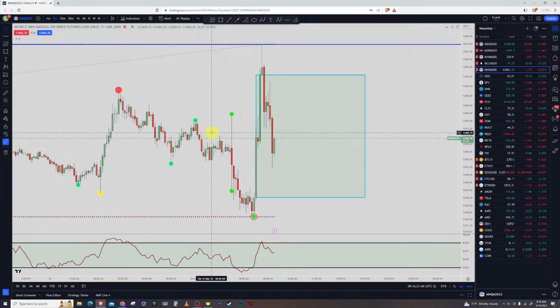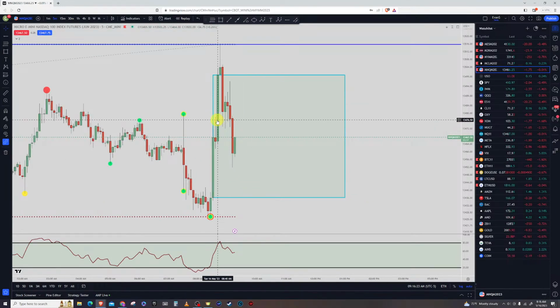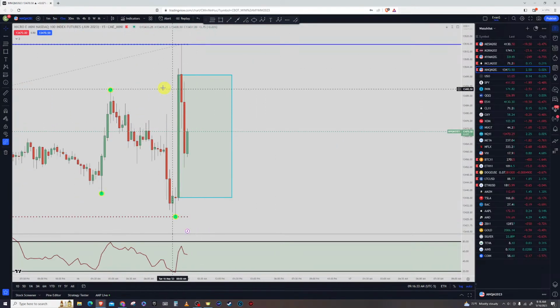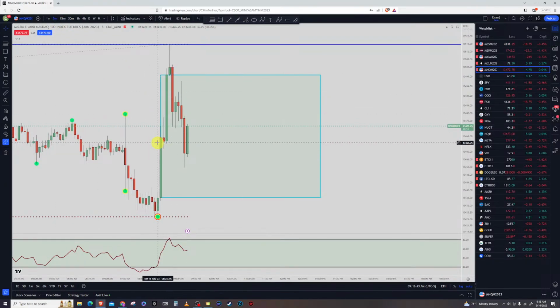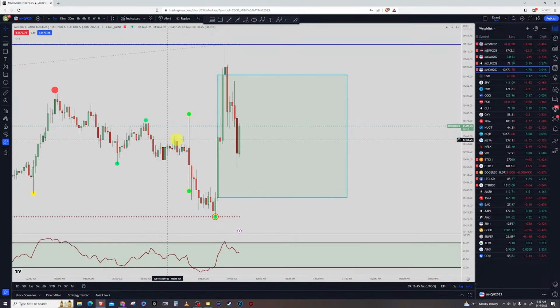But for the opening bars I look for, I had looked at using a 5-minute chart or the 5-minute bar for the opening bar, but I found out that the 15-minute bar seems to be a lot more sustainable, a lot more accurate as far as the movement you're looking for. And then when you get that close either above or below it, it shows a lot better area the direction is going to. I mean, maybe I'll start looking at the 5-minute chart again, but right now I like the 15-minute chart